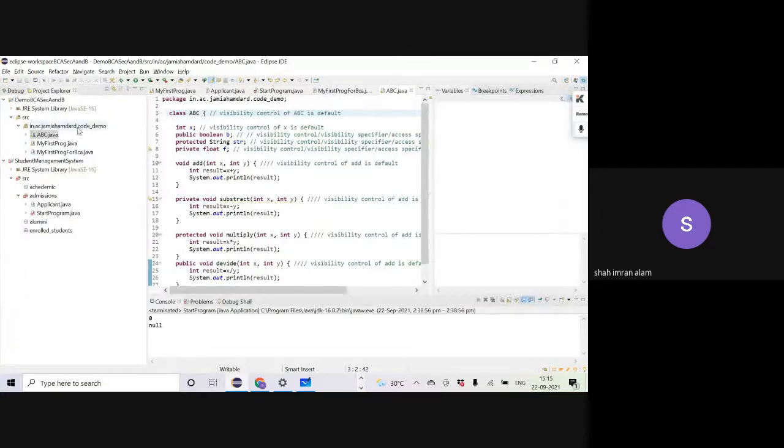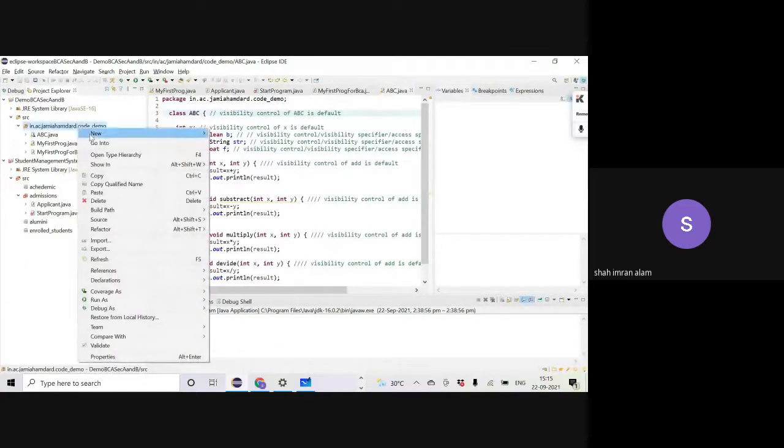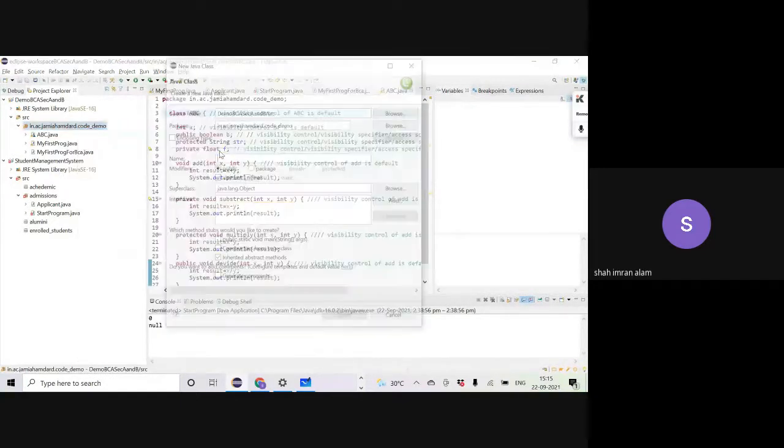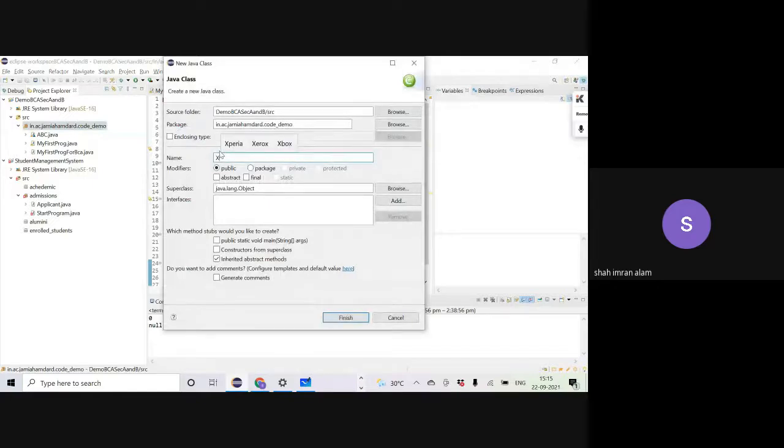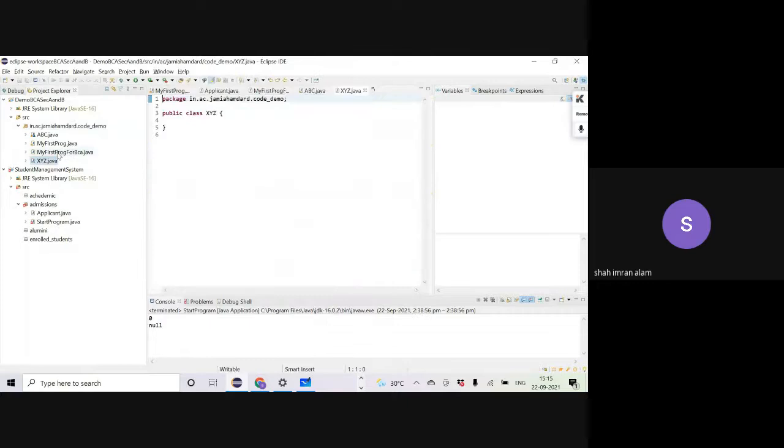Now let's create another class, say class xyz, and in the xyz let me have a method test. It's void. The visibility control of this test method is what? Default, by default, because we have not put a keyword.